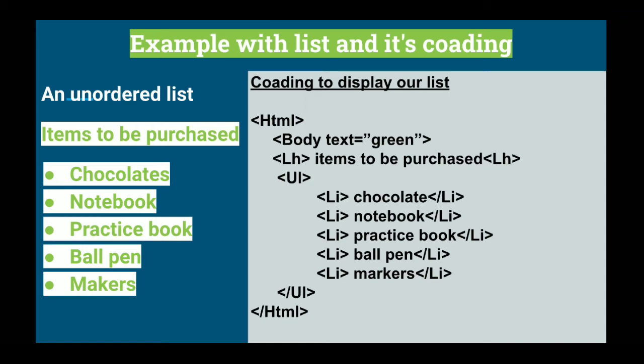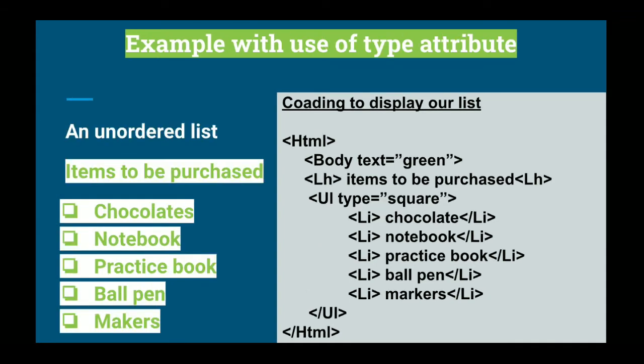So now let's discuss the UL with the type attribute. The same example is there, but the change you can observe here, instead of disc, which symbol is available here? Now it's a square symbol. So only one line we have to change. So directly, just pointing out the thing, that is the opening UL tag. Rest of the things are the same only, no need to do any changes in that one.